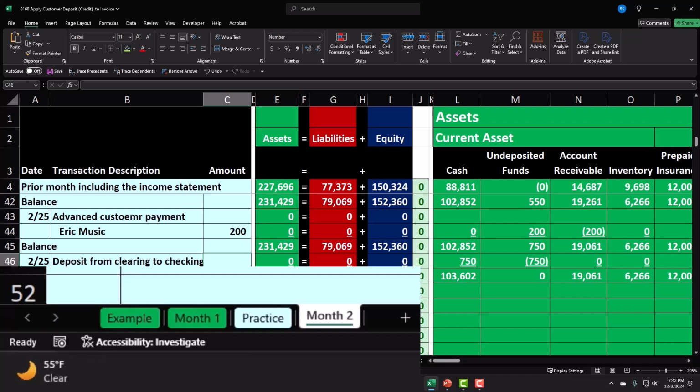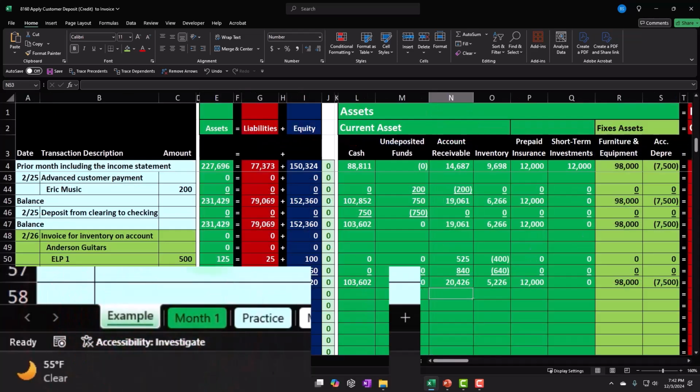If you do have access to this workbook though, 4 tabs down below: example, month 1, practice, month 2. Example is, in essence, the answer key. Month 1, prior month of operations. Practice tab, having pre-formatted cells so you can practice the practice problem with less Excel formatting. Month 2 tab, the one that we will be working in, is where we started with a blank worksheet but are basically working within a template at this time. However, we will be adding to that template as needed as we go practicing our Excel tools and formatting when we do so. Let's go on over to the example tab to get an idea of what we will be